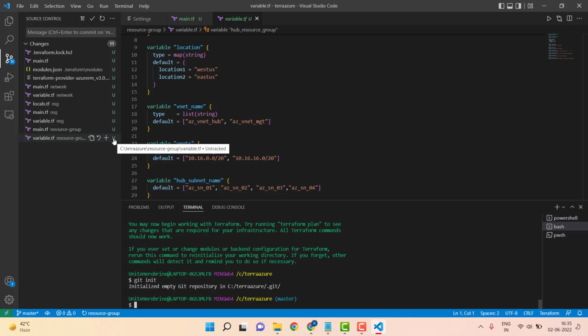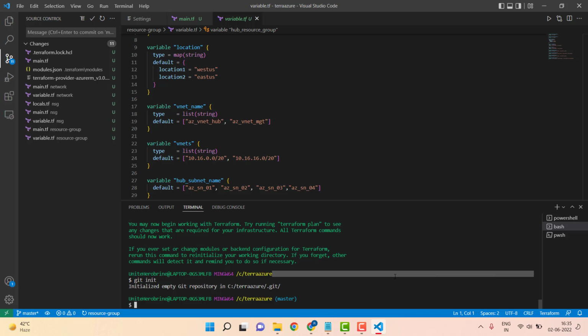So now there's one option, we can simply check here and we can commit all. Okay, so all of this will be committed, or you can commit manually as well. For example, there's one file that is called main.tf. Okay, now I will show you. For example, you want to